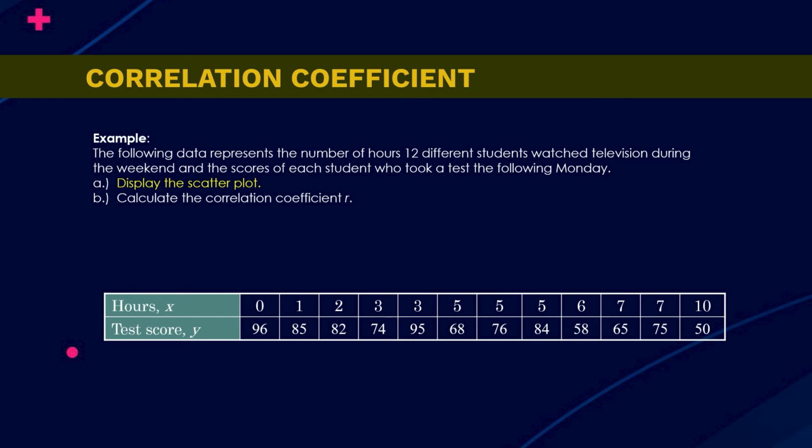We have taken x as the horizontal axis and y as the vertical axis, and then started putting the figures. The first figure: x has a 0 value and y has 96, so it is plotted here. If we take 1, it is here and 85 is here, so we put the second dot here. In the same manner we continue; if we take 10, then 10 is here and 50 is here. So we have plotted like this. Now you see there is no relationship coming between the two.